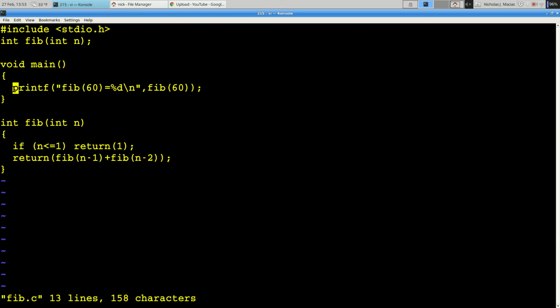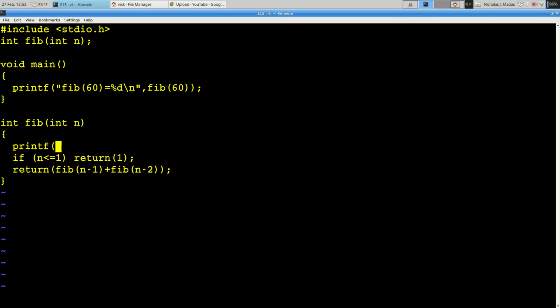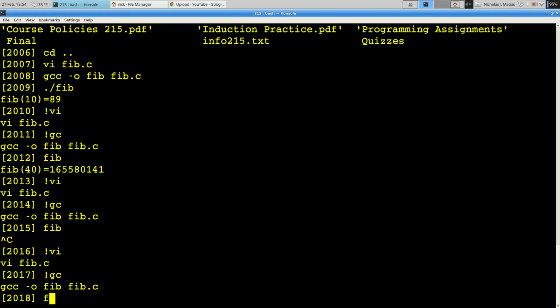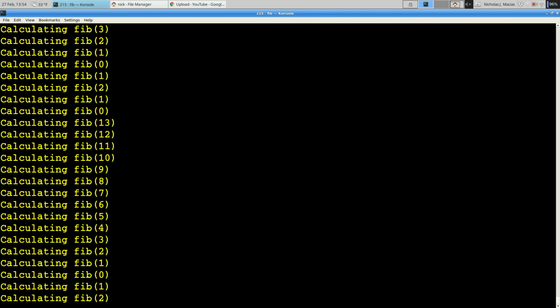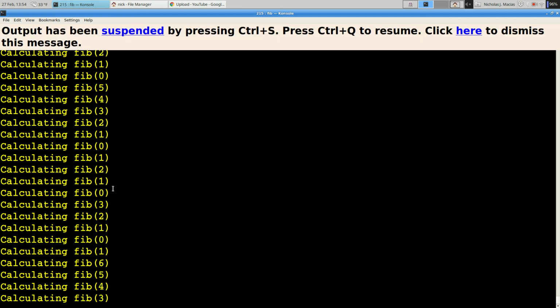So what's going on here? Fib 100 one time. Not cool. So let's just print out what we're calling fib for. I'll just say print calculating fib, %d, and I'll print out what I called fib with, just to see what it's doing. And you can see it's just going crazy. It's just calculating fib. And mostly it's calculating these really small values. But every now and then there's a bigger value. So there's a 6, and there's a 10,